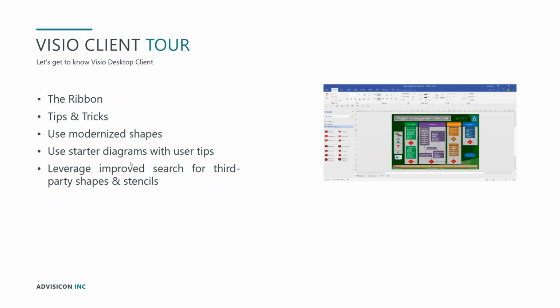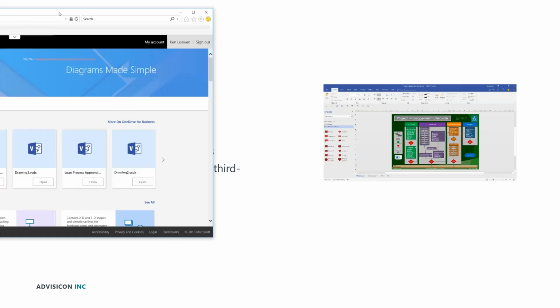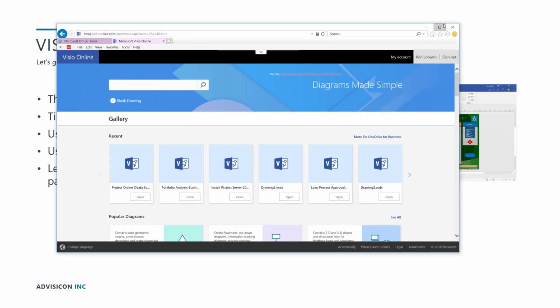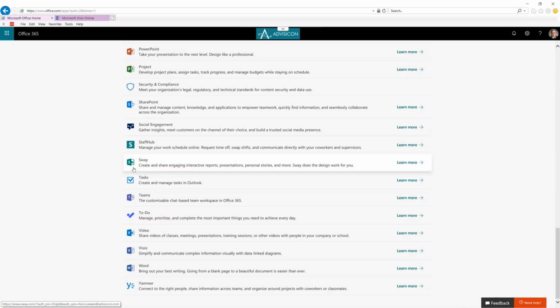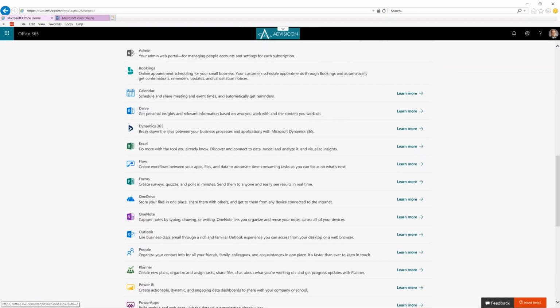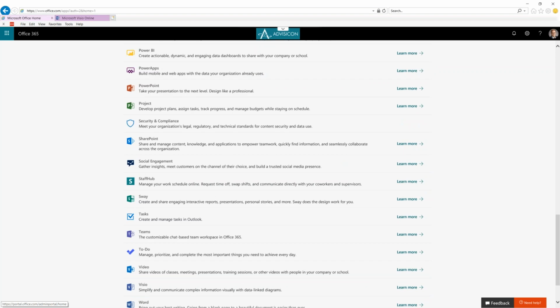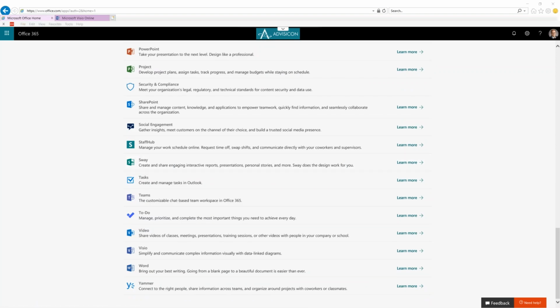Okay, let's go on into Visio. Before we get to our client, let me pull over my browser window here. This happens to be Internet Explorer. It could be Chrome. It could be, for that matter, Safari. And when I go to basically office.live.com, or I go into my Microsoft Office 365 homepage, I look at all of the apps that are available to me, and I zero in on my Visio app